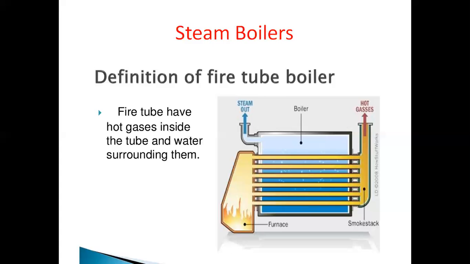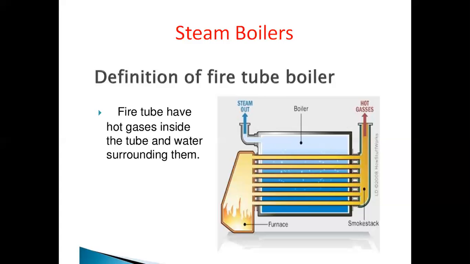And based on application, if the boilers are fixed at one place, that means stationary applications. In power plants and industrial applications, we use fixed boilers, that is stationary boilers. If the boilers are used temporarily and change based on application, as in marine boilers and locomotive boilers, these are mobile or movable boilers. So that is the classification.